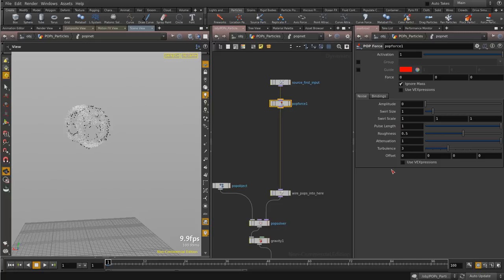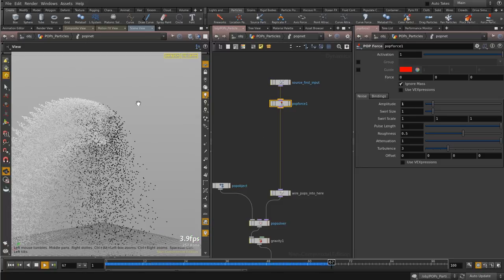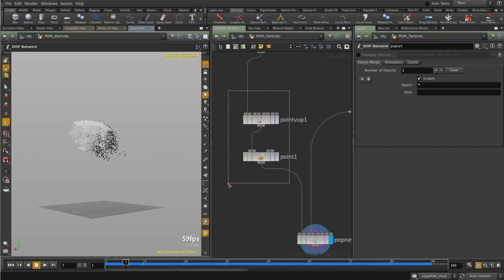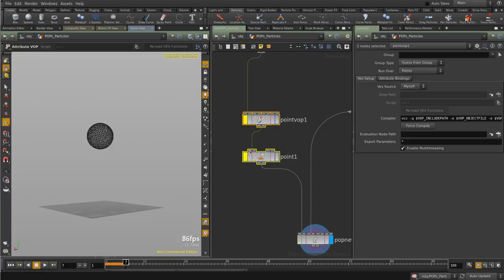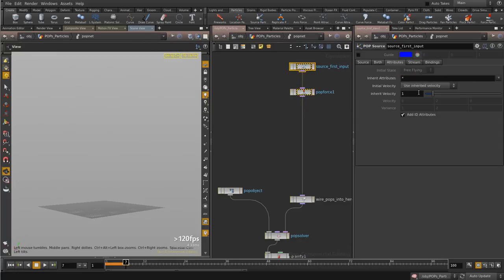and the pop force is very nice because inside I have the noise for my particles. I can give amplitude 1 for activation. I press play, and a little tip to see the effect: only the force is enabled, bypass my point. Come here, and from here I can assign the velocity